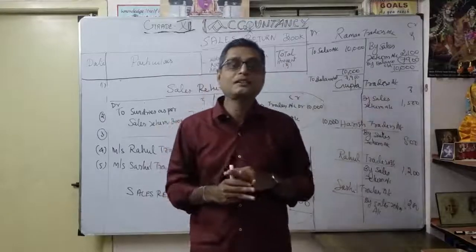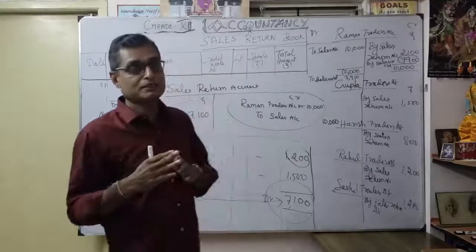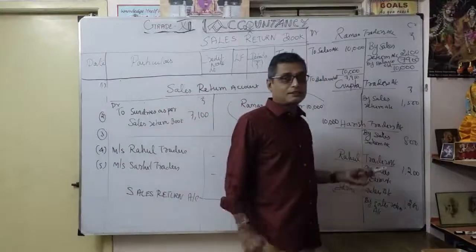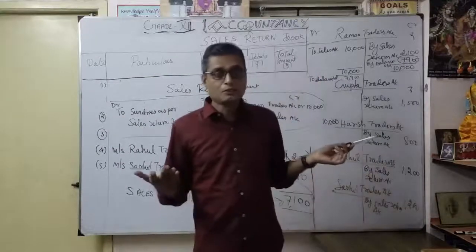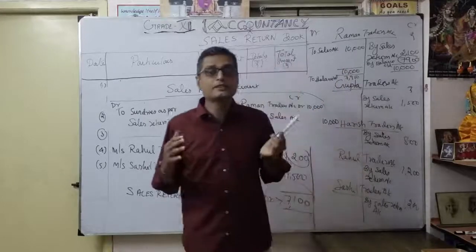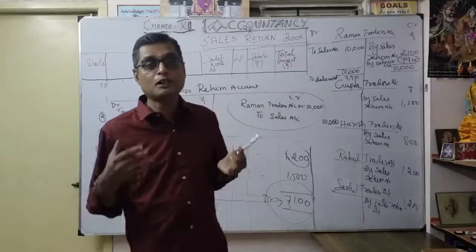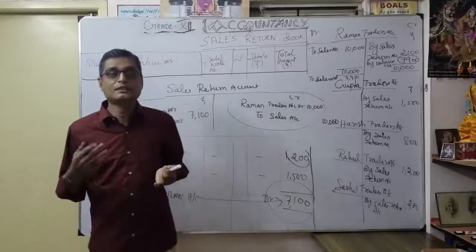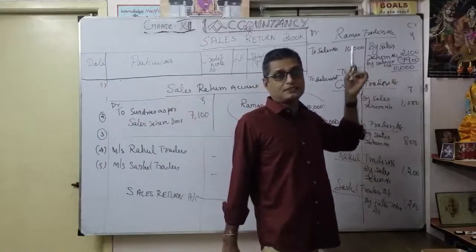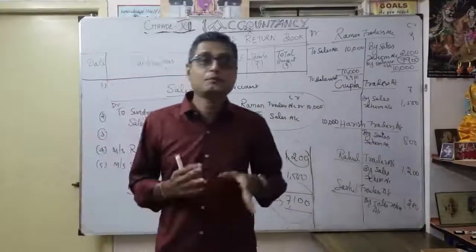Whenever there are purchase returns and sales returns, that's why we prepare separate books for sales return and purchase return. The reason is that there are many suppliers and many customers dealing in goods on credit, so maintaining the ledger is very, very important. Maintaining parties' ledgers is especially important for sales and purchases. Only then do we know our exact sales and exact purchases with the help of accounting for purchase return and sales return. Now we understand the importance of the sales return book. It is a very important special purpose book.